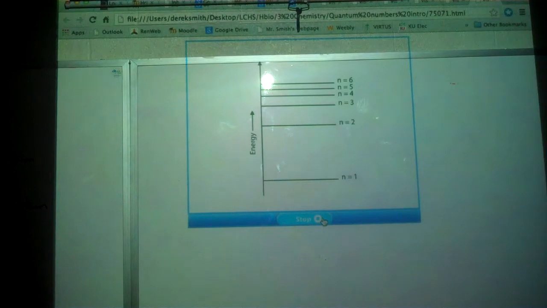The principal quantum number n is a positive integer describing the energy level of the electron. For example, an electron for which n equals 1 occupies the first or lowest main energy level and is located closest to the nucleus. The angular momentum quantum number L can be any integer from 0 to n minus 1 and describes the shape